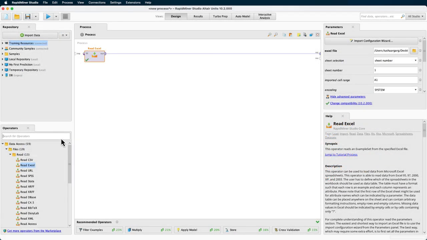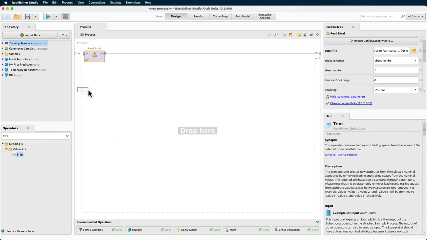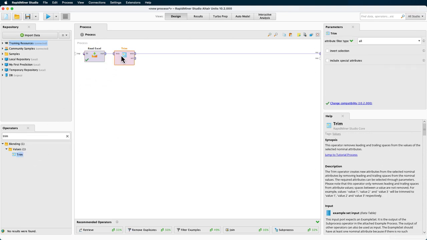Let's start with the white spaces. For those, we can use the operator Trim, and we will have that apply to all attributes. Just as a reminder, we are using attribute as a term for columns, and data rows are called examples. Okay, we remove the white spaces, and now we have to decide how to handle the examples with missing age